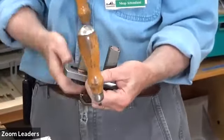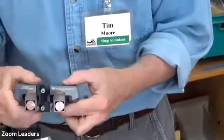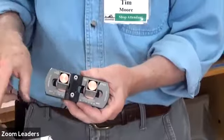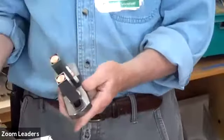And you lock it, and you note it, because there's a series of numbers printed on here. One side is for the back, and one is for the bevel side. You remember those numbers, or put them on a piece of tape and put them on your tool, or note them if you only have one. Doesn't matter if you've got a couple. Then you want to keep them separate, because the back